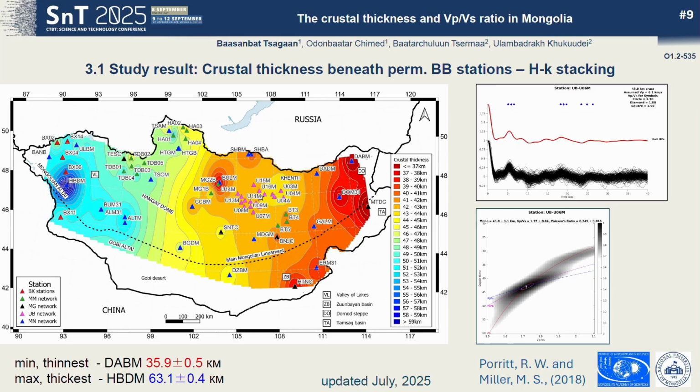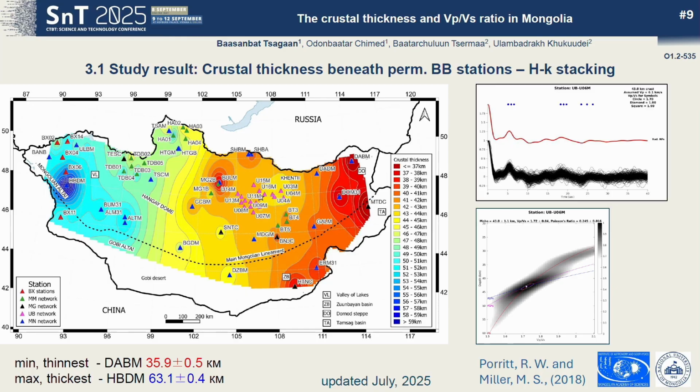Using teleseismic receiver functions and H-kappa stacking inversion, we determined the crustal thickness beneath the permanent seismic stations in Mongolia. According to our results, the Mongolian crust thickens from east to west. Thick crust was found beneath station HVDM in the Mongol Altai range, on the right side, with a thickness reaching 63 kilometers.